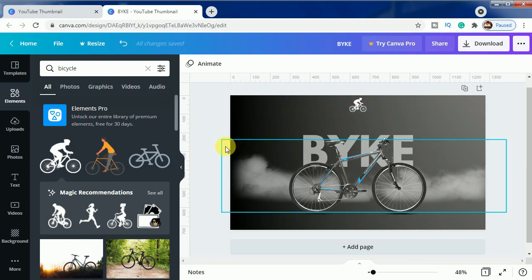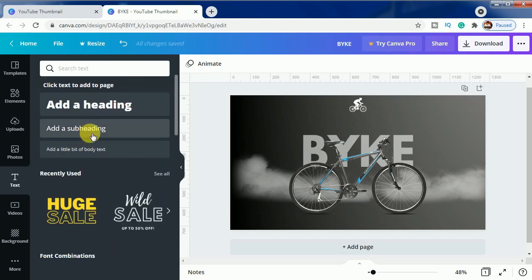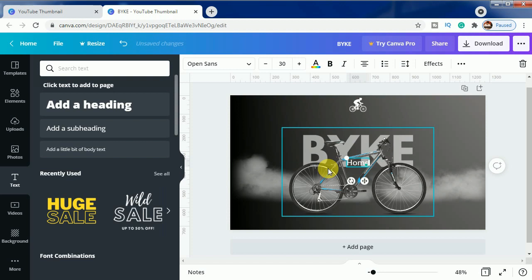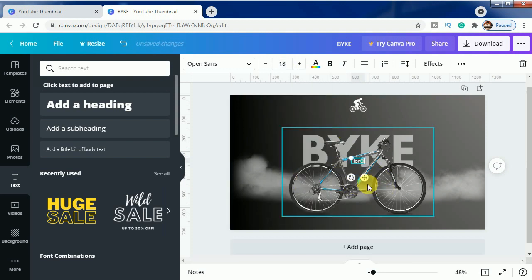So this will be the logo for our example, and right here we have to write home and accessories. For that we will choose a subheading font. We will write home. Let's decrease the size to 18.